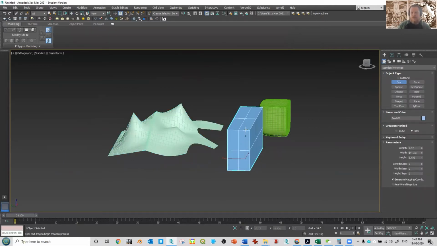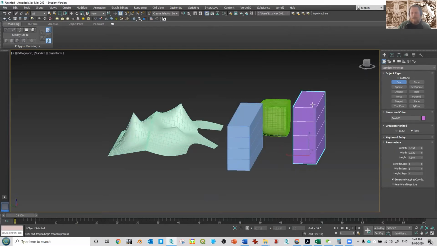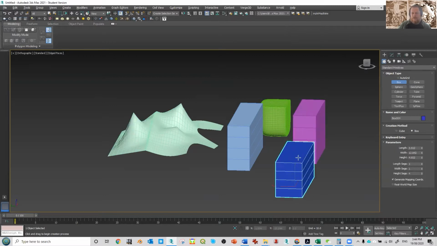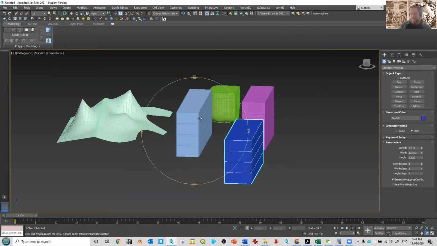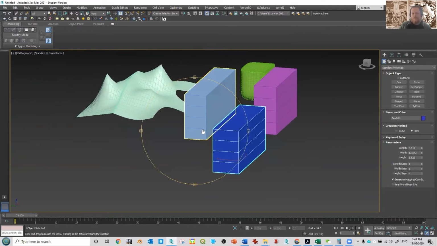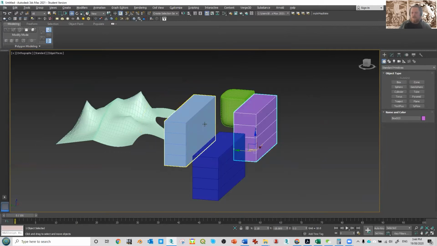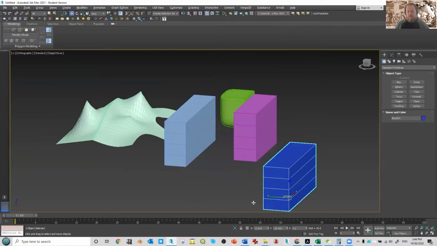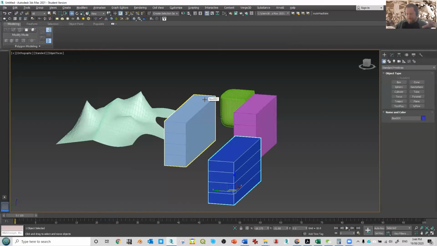If you had two boxes, let's just make them pretty simple. I'll just add some segments to the vertical and let's do 3 boxes. Imagining that these are, I don't know, buildings, for example, you can work on individual buildings, but if you wanted to start to combine multiple objects into one editable poly, what you can do is